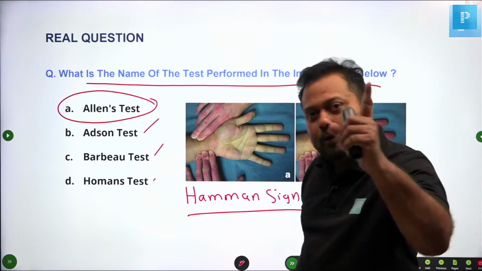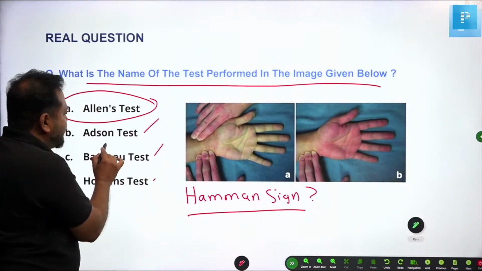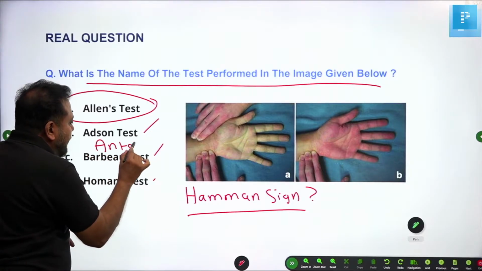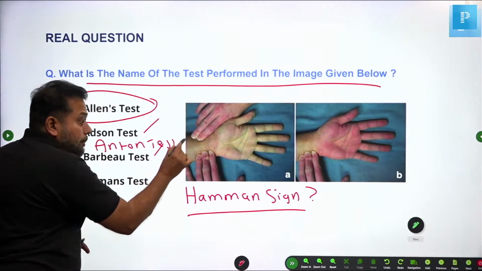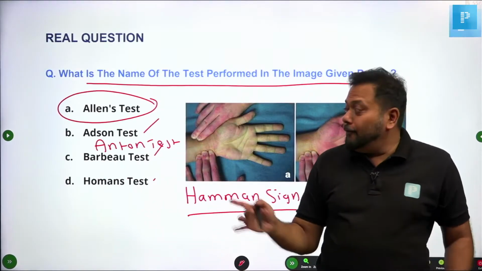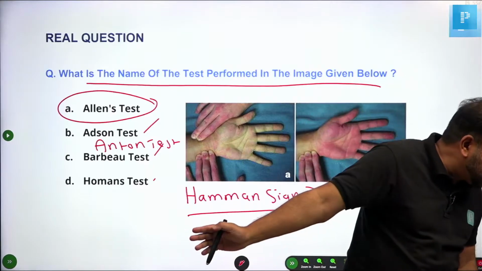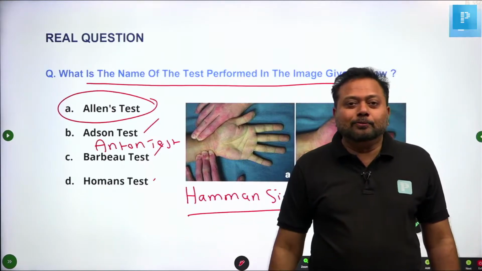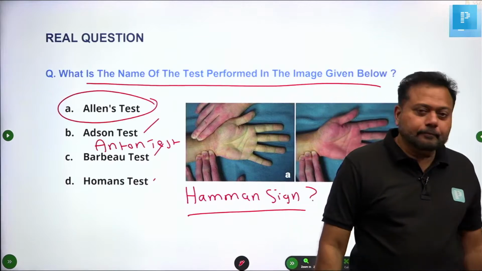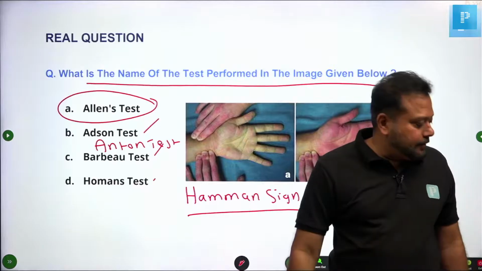Now, one more extra question. We will go to the next. One more extra. If I ask a question, the Anton test, where did you read it? Because this is last resort revision, I have every right to ask from 19 subjects. Where have you read the Anton test? It's coming to my mind as an MCQ. Come on, cheer up, guys. Yes. Anton test.